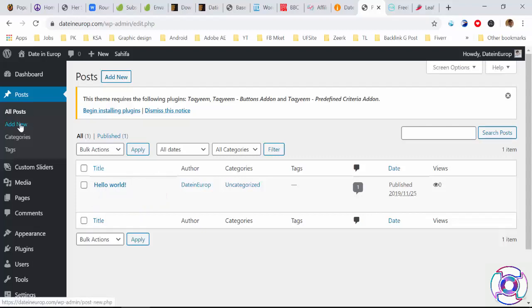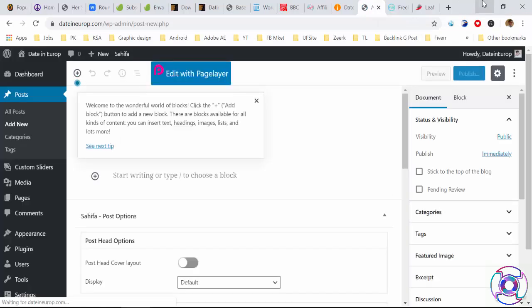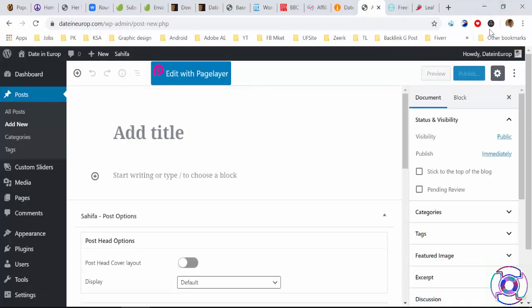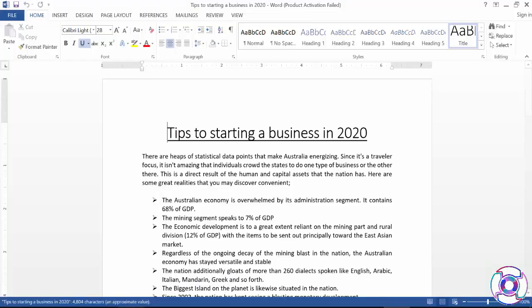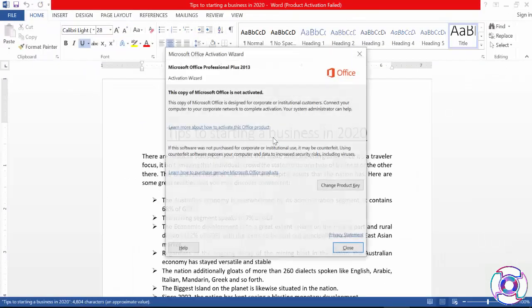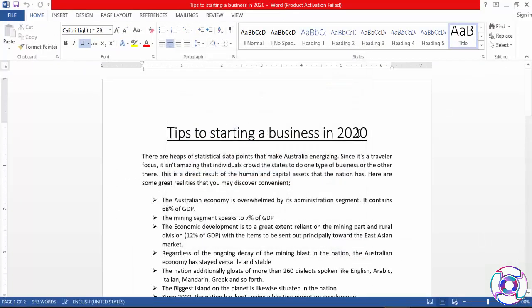So now I'm going to add one post here, add new, and I have already one article written, so I'm going to open that article. This is the article, tips for starting a business 2020.